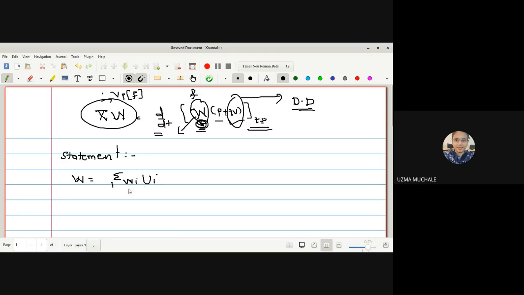These are nothing but some functions, where i runs over 1, 2 and 3, a vector field on E3, and suppose V is a tangent vector at a point P, then prove that